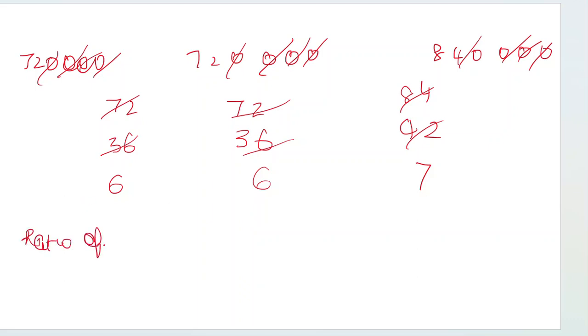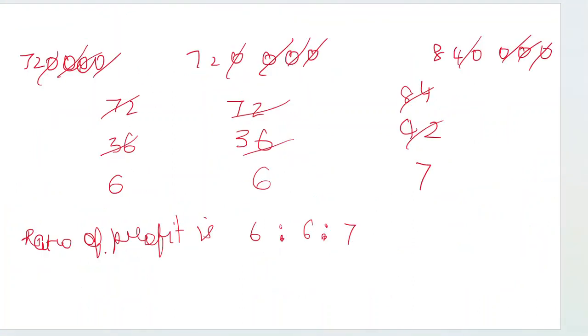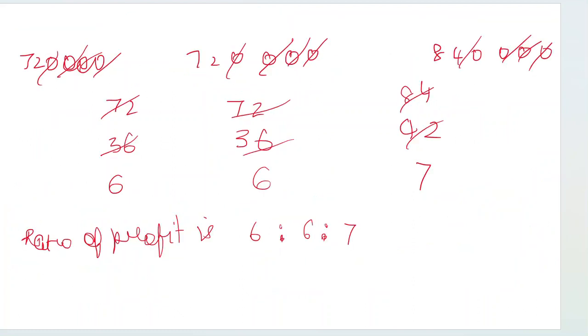Ratio of profit is 6 is to 6 is to 7. So therefore, now this profit has to be divided. This 4 lakh profit has to be divided among these three people in the ratio 6 is to 6 is to 7. Therefore, we say,